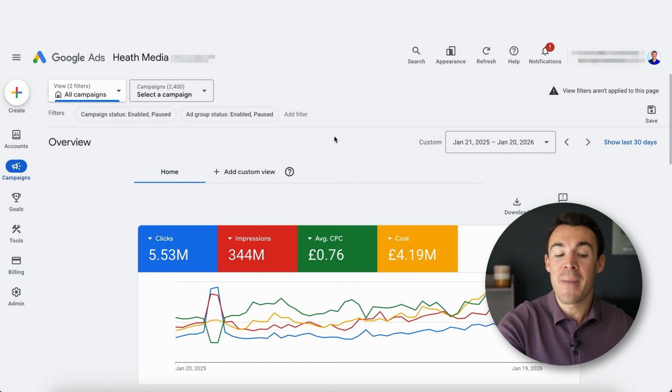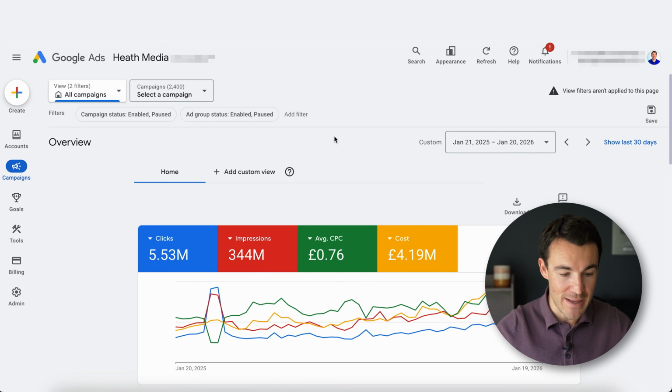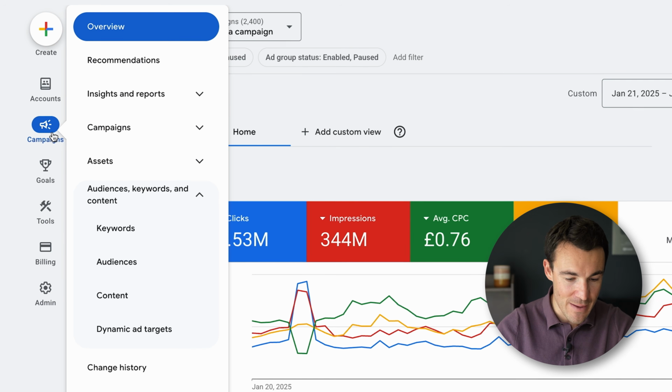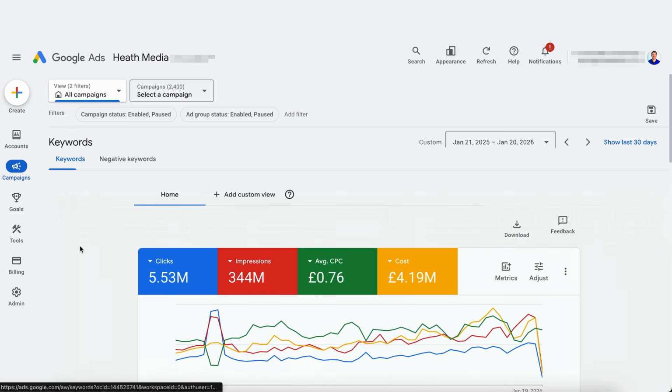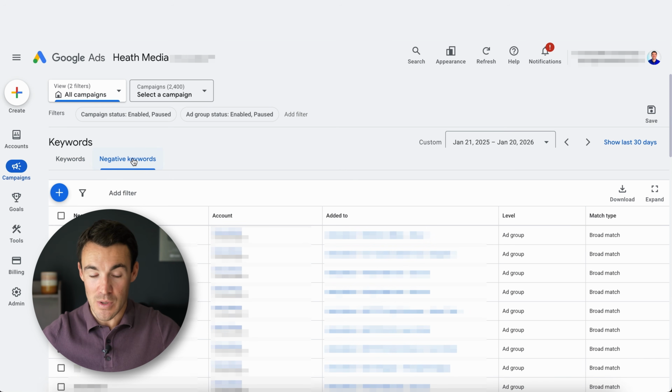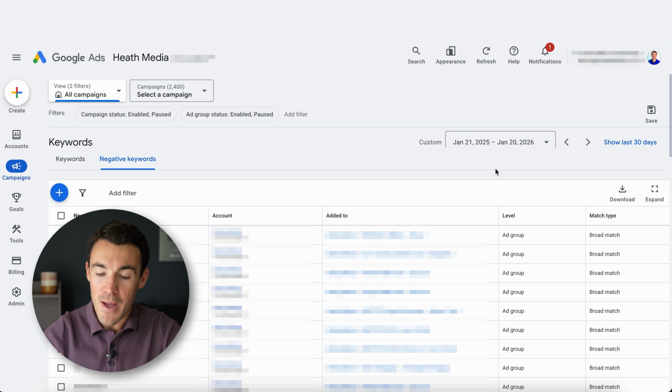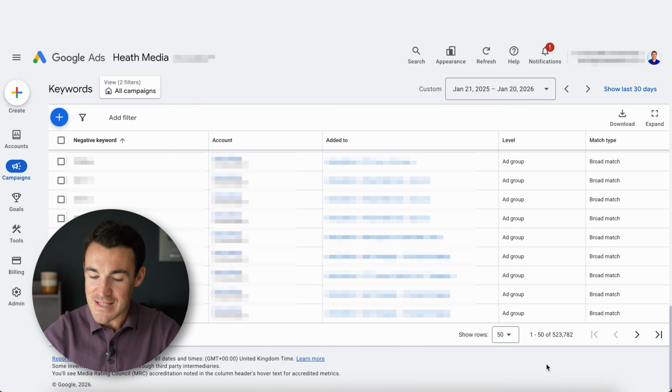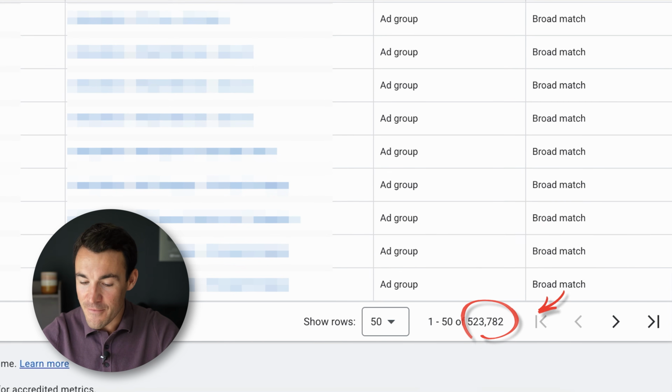And just to emphasize how important negative keywords are and how much time and effort we put into negative keywords, I want to quickly show you this. So I'm in our manager account, our Google Manager account here. If I go here on campaigns, I go to audiences keywords, then click on keywords, and then select negative keyword. Now this is across the accounts that we manage. There's going to be hundreds of accounts in here. But if I scroll down, you can see how many negative keywords we've got in total across the accounts that we manage. It is currently